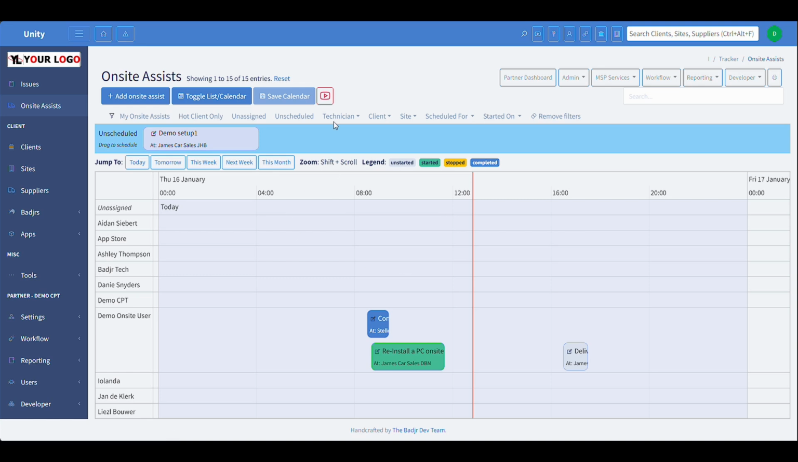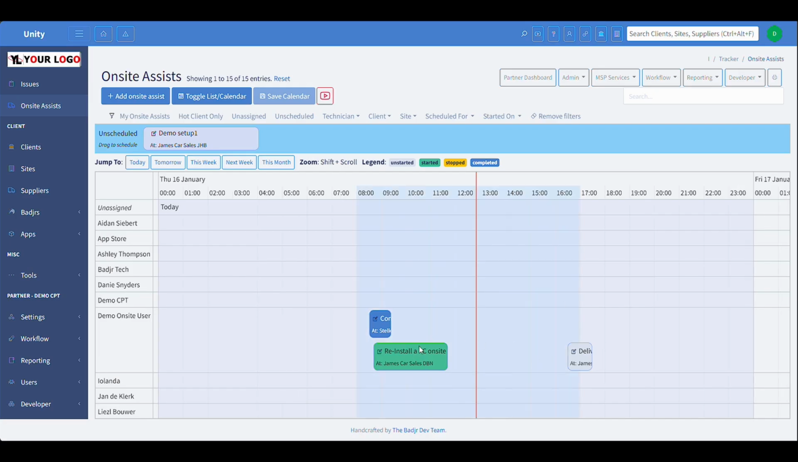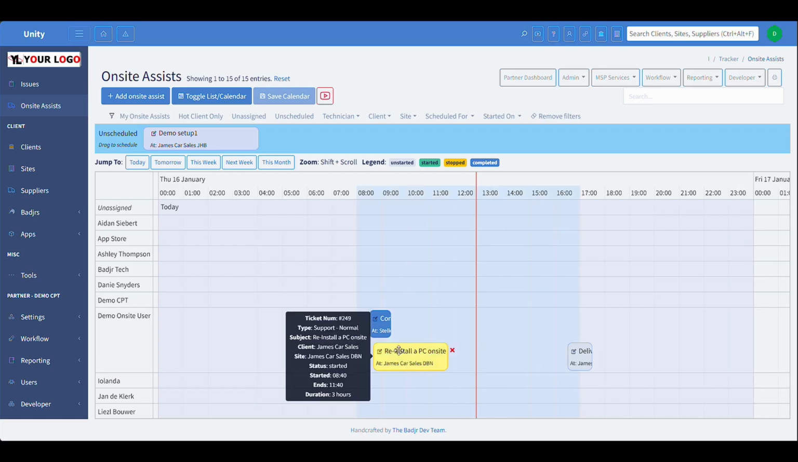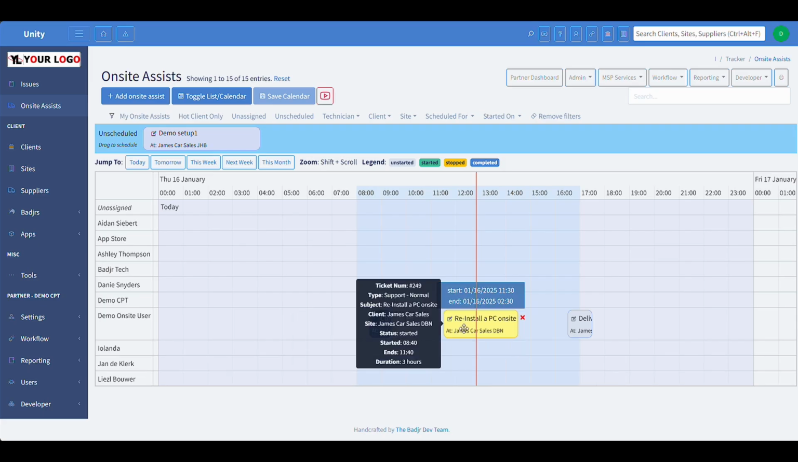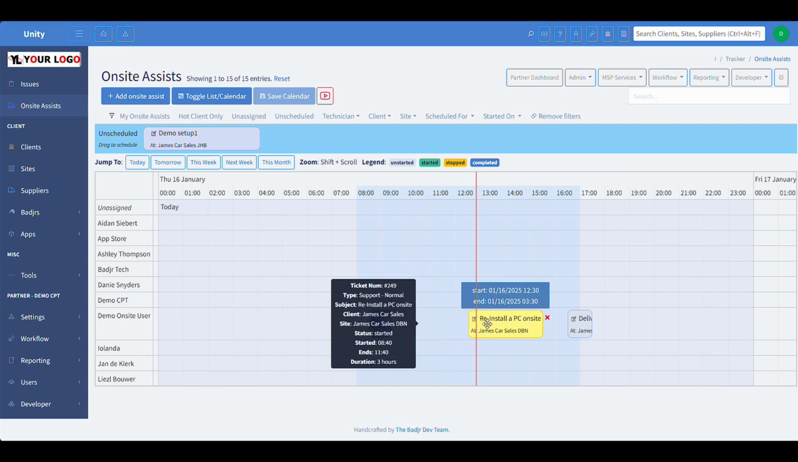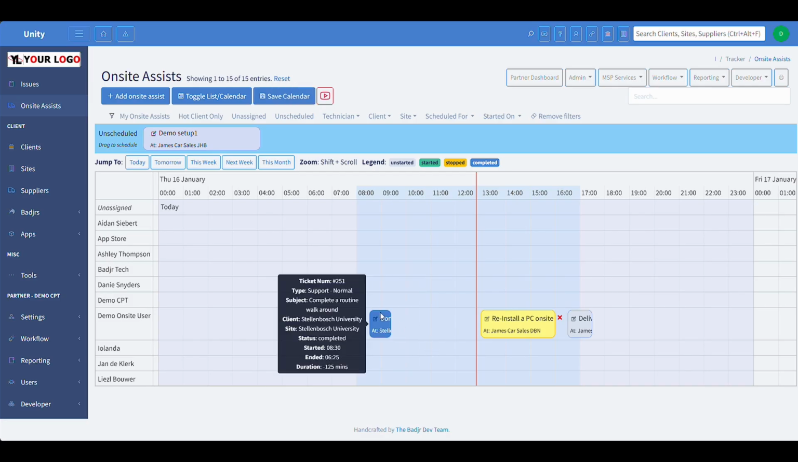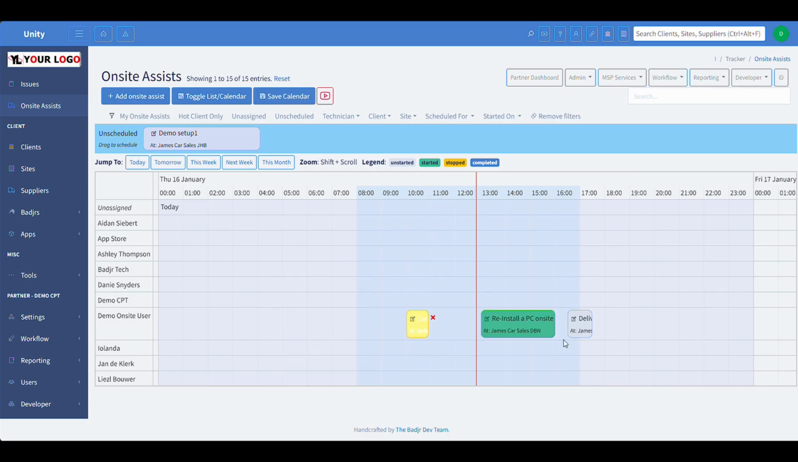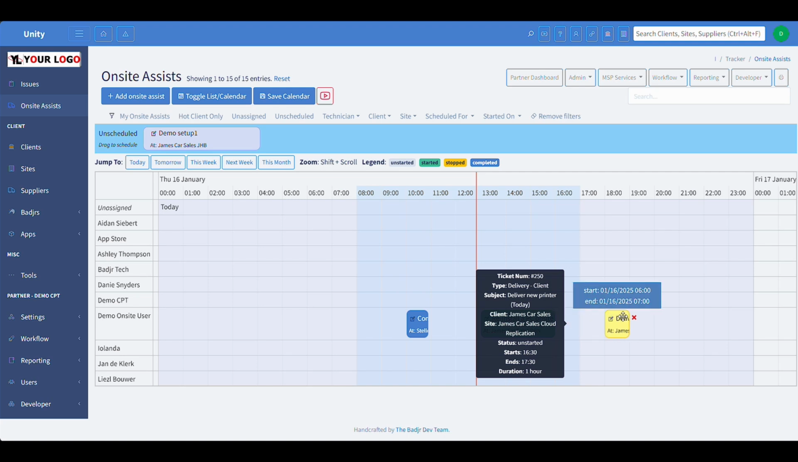So once I've created a callout, I can drag it onto a specific technician. In this case, we're going to use the demo on-site user. And you can see here there are a few callouts that have already been scheduled with this user. I can click on them and drag them around if I need them to happen at a different time. Say for instance, this one needs to be for 1 o'clock. This one needs to be for 10 o'clock. And this one, if this is an after hours visit,